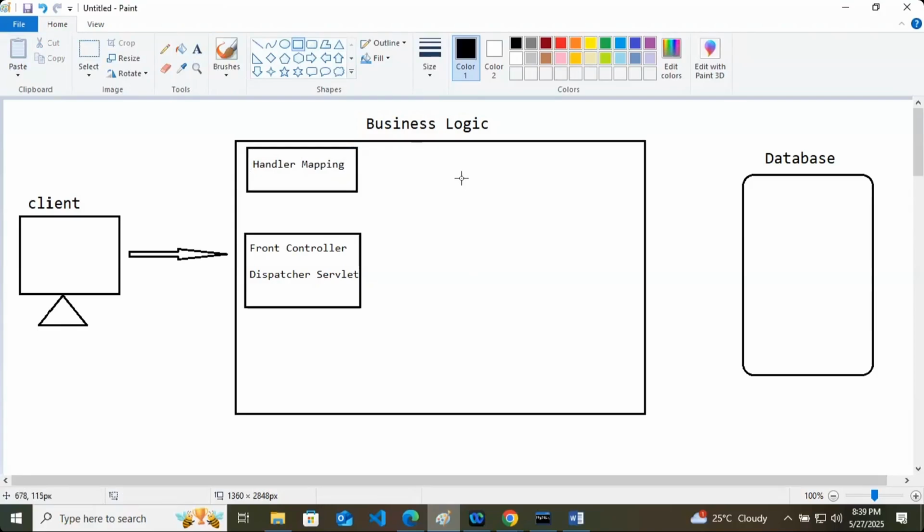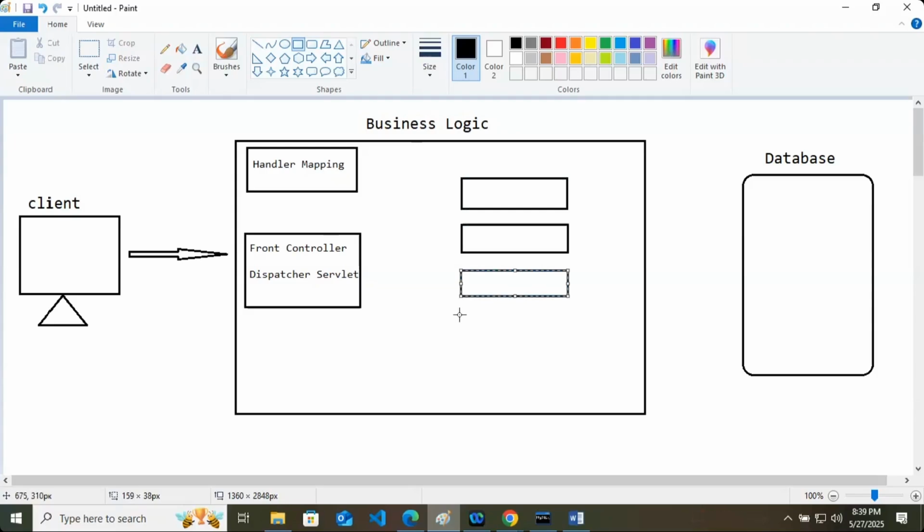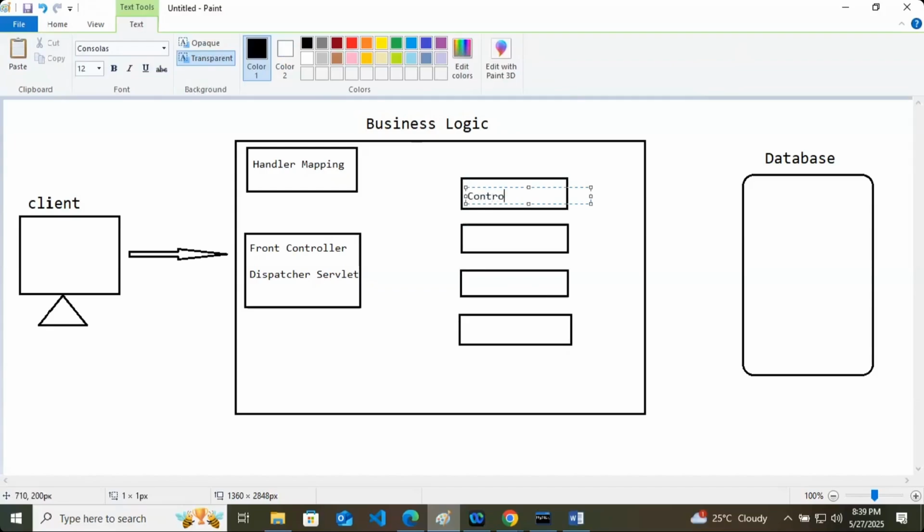There can be controller 1, controller 2, controller 3, and controller n. N means any number of controllers can be there.